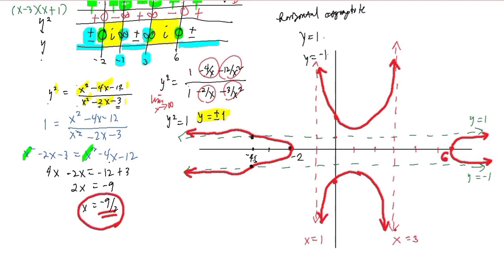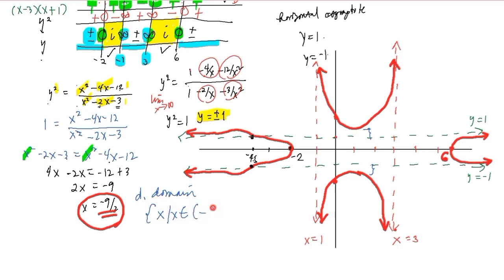Okay? So, this is the graph of our equation, y squared is equal to x squared minus 4x minus 12 over x squared minus 2x minus 3. No? So, kung sasagutin natin yung ating domain, we are now in letter D, domain. Kung titingnan natin, ito yung mga kinulayan ko kanina, yung mga imaginary na yan, that is not part of your domain. No? So, meaning, for the domain is any value of x such that x is an element of the set,